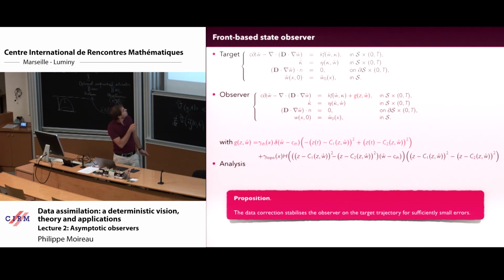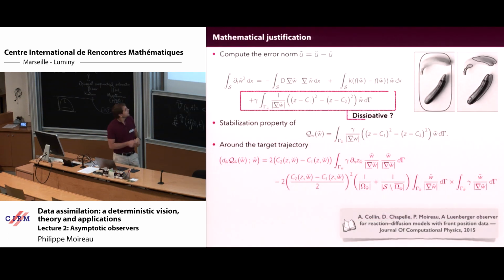So again, you have your target system, you have just one very nice correction with a complicated term, but computed from derivatives of the criteria. And then you do the work to prove that actually it can stabilize. We were able to prove that for small error, it's a dissipative term as soon as we have enough contrast in the data. And the contrast problem is related to this type of problem in image processing.